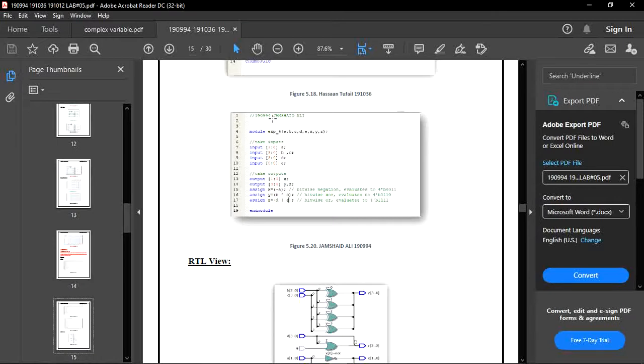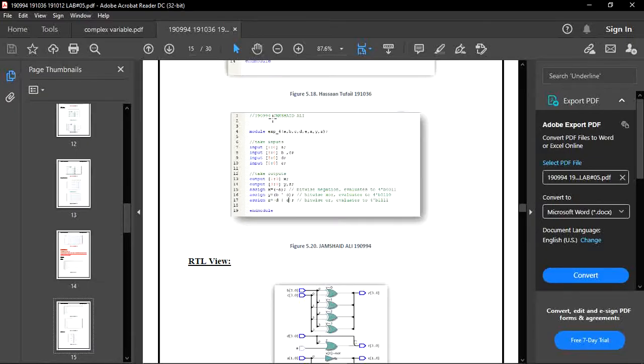In A we give the size 2 bits, and in B and C we give the size 4 bits, and in D we give the size 4 bits, and in E we give the size 2 bits. For the outputs, X is 2 bits, and Y and Z are 4 bits.